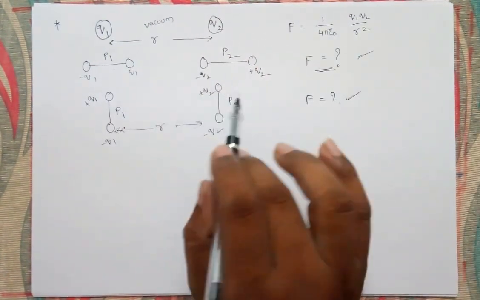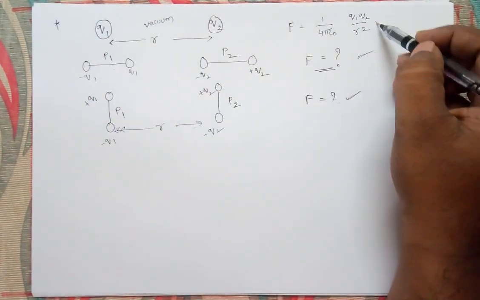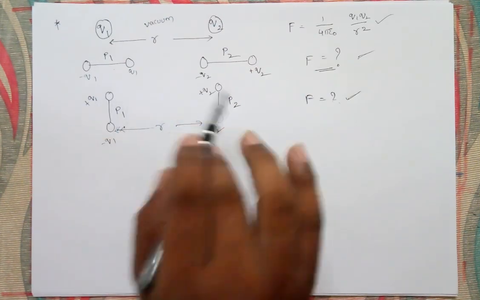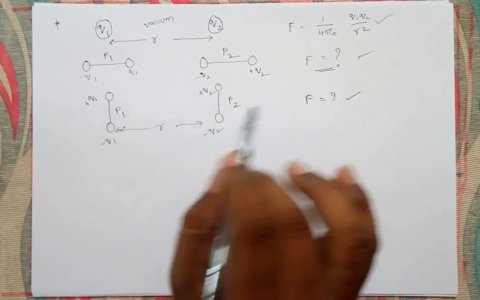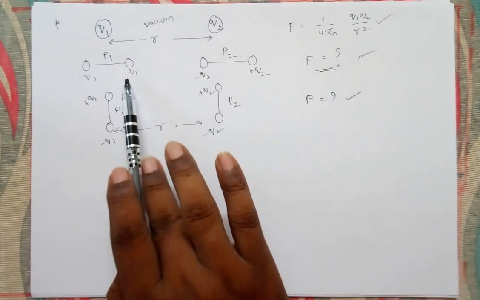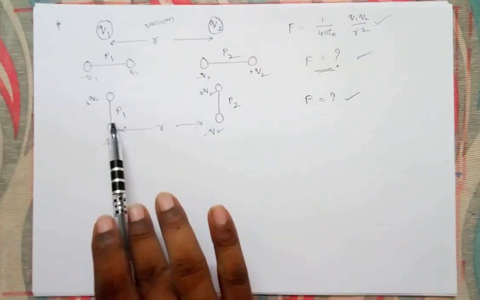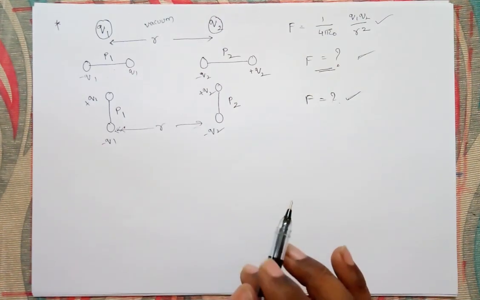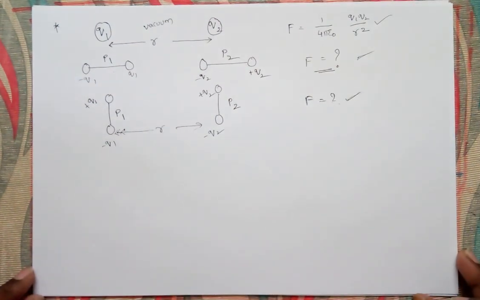I am just telling that if two point charges are there, you can write the force like this. But sometimes they may ask: if two dipoles are there, what is the force between them if they are placed in vacuum? How to find the force between two dipoles, whether they are arranged along the line or perpendicular to the line? That case will be discussed. Before that, one more time I am recollecting the formulas.